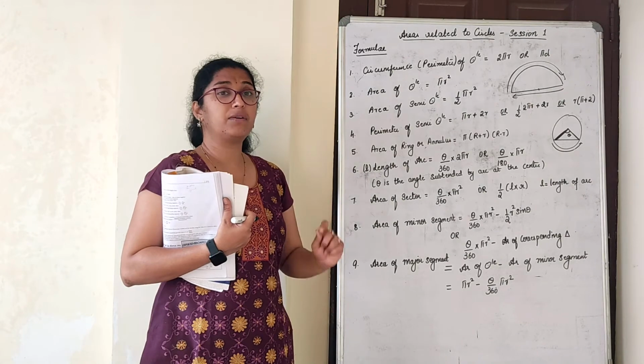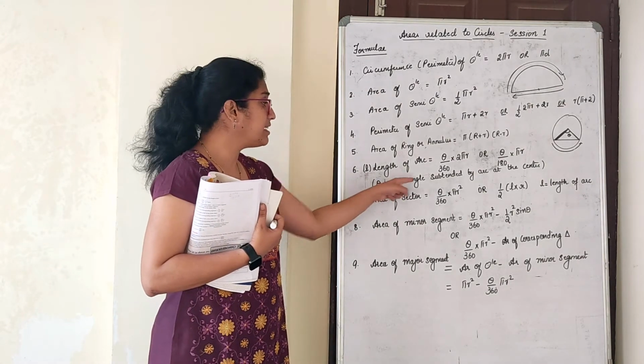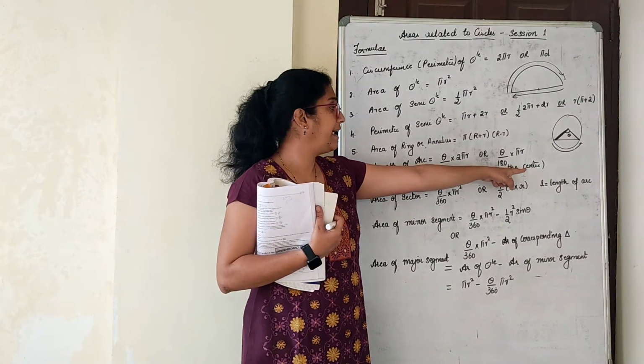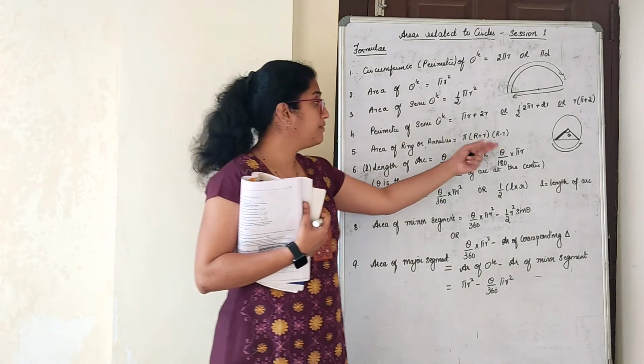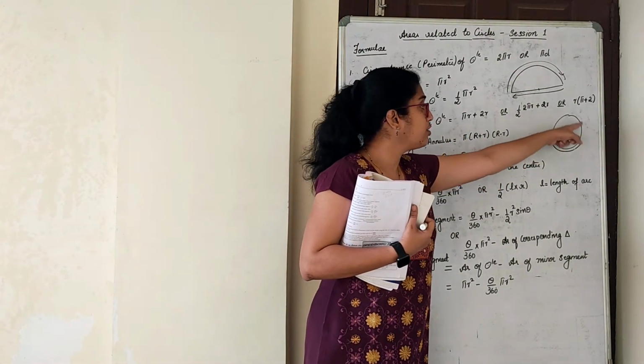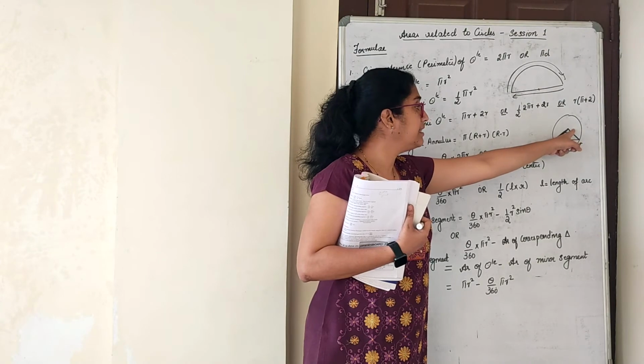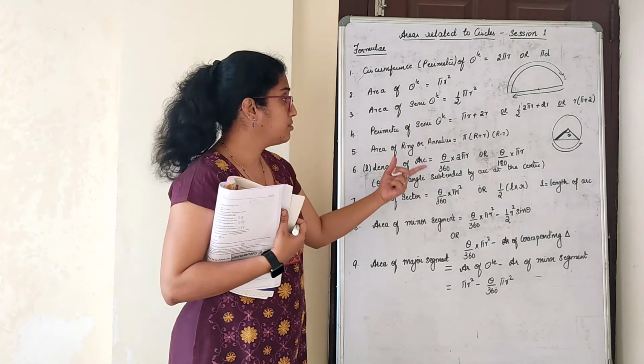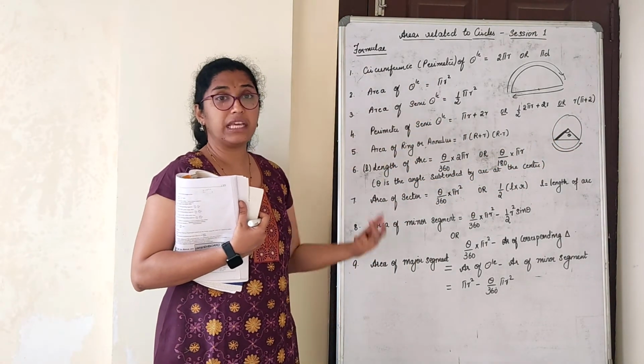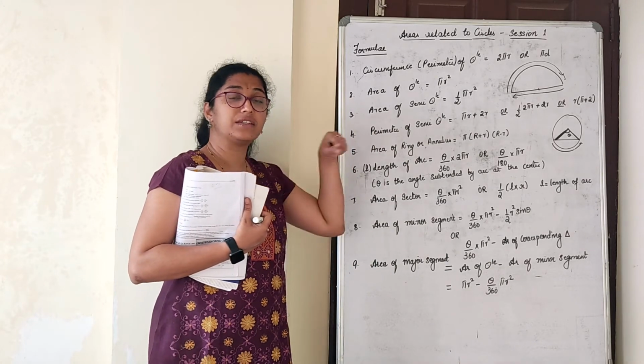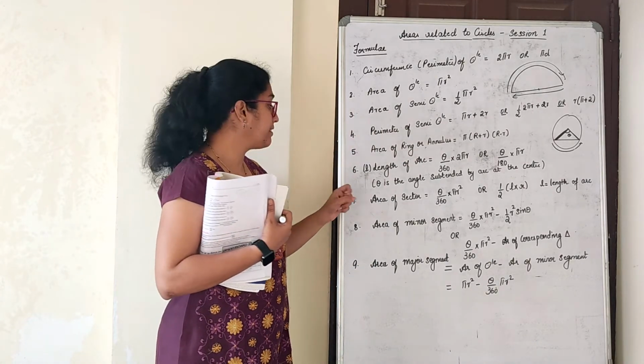But try to remember one formula, where theta is the angle subtended by the arc at the center. It depends upon which arc you are talking about. Length of an arc, if it is asked like this, then this theta will be used, right? So if it is 60 degrees here, that would be 300 degrees, the angle at the center of the circle, the reflex angle we calculate.